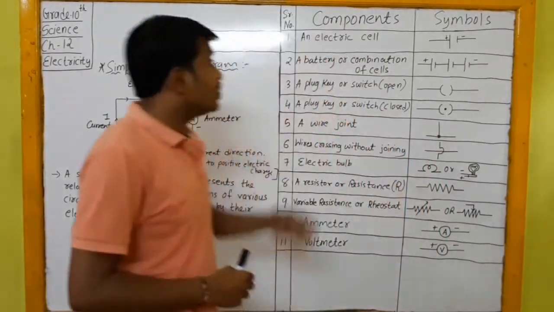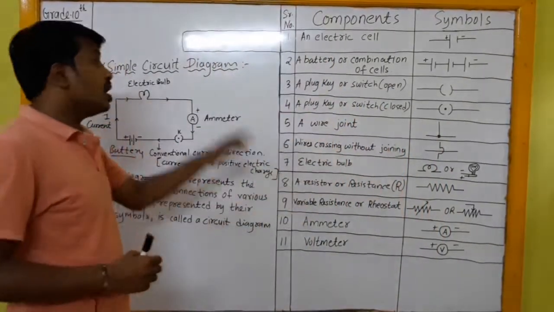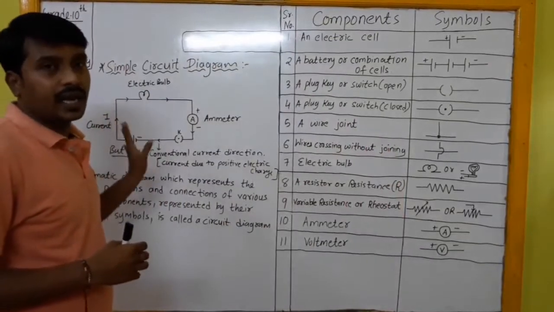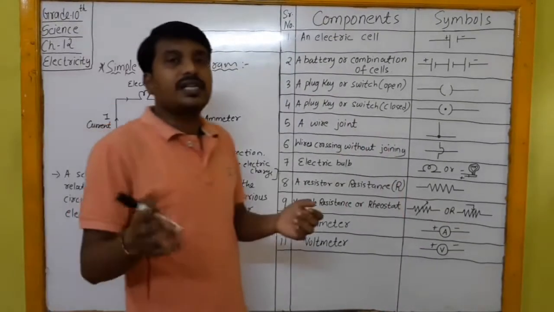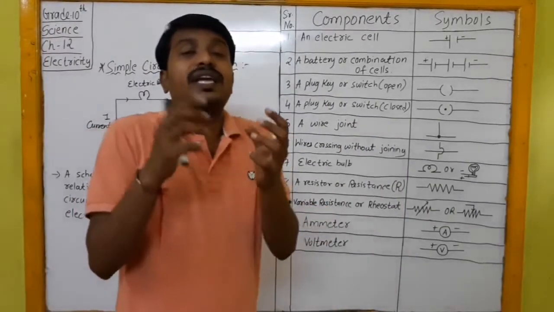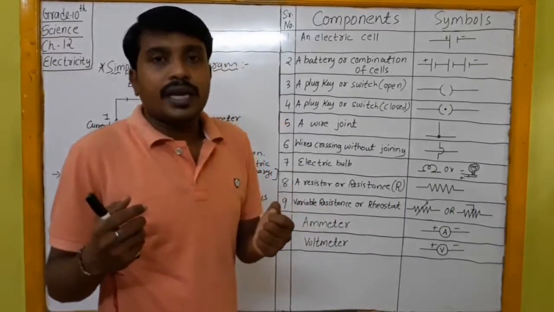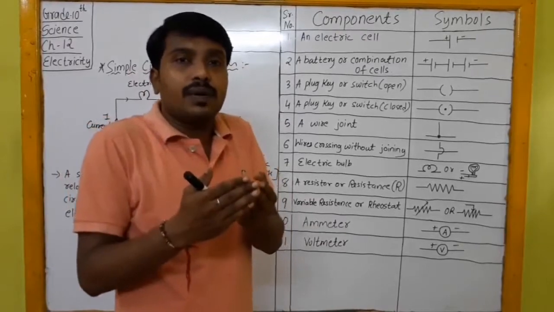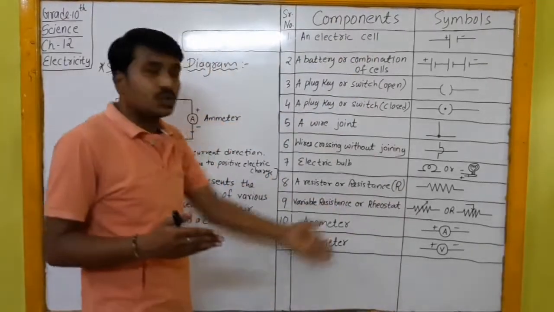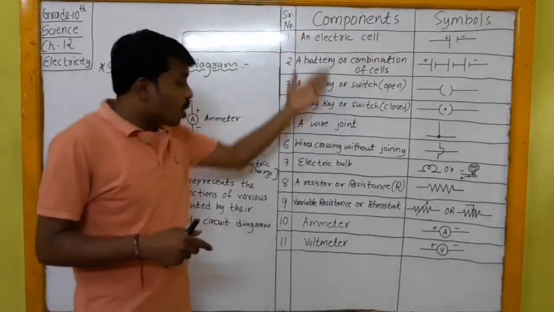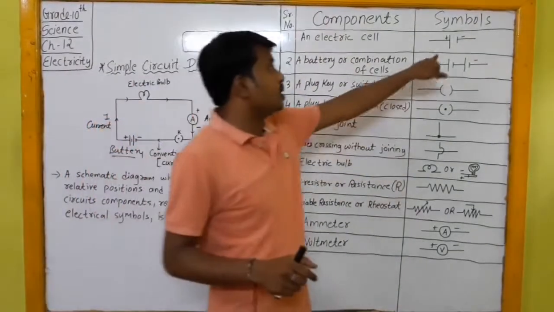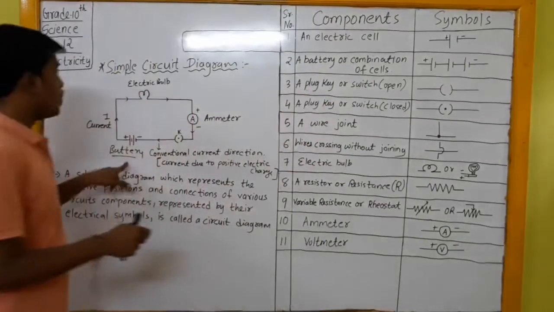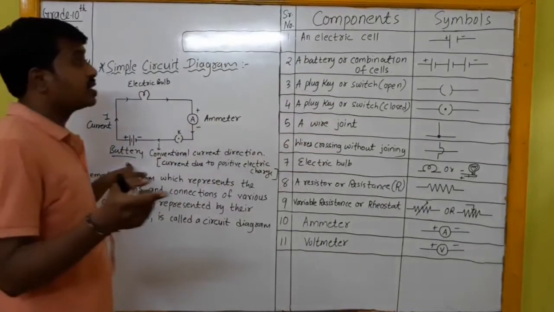Now let's see some of the symbols which we will use while drawing the electric circuit diagram. When drawing an electric circuit diagram, what appliances and electrical components you will use, what their symbols will be, and how you will represent the symbols in the circuit is shown in this table of various components. First, electric cell. Suppose you are using an electric cell, so its symbol is this. Okay, this is your battery. It's an electric cell, one type of electric cell.